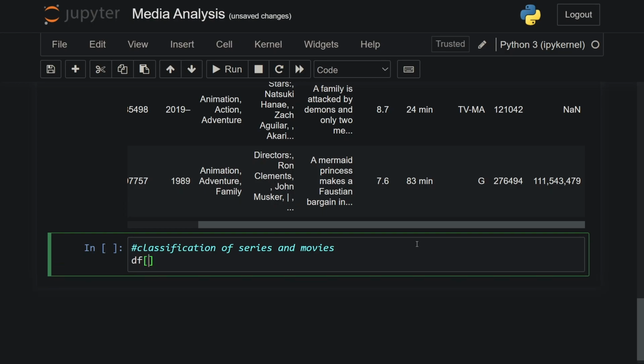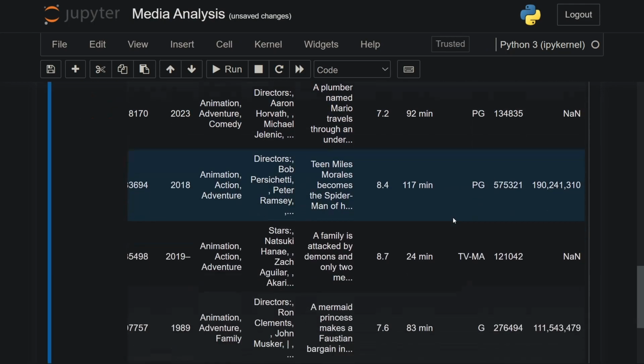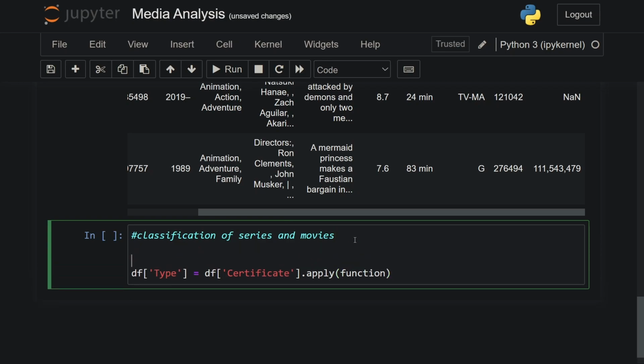So I will do this by first creating a new column named type, and we are going to apply changes and we're going to use logic on the certificate column. So first I will be accessing that column, certificate, and then I will be using the apply function. So what this does is first it takes in a function, and this function will be applied to certificate. For example, let's just first define the function itself, which we'll be using. Let me just define the function,